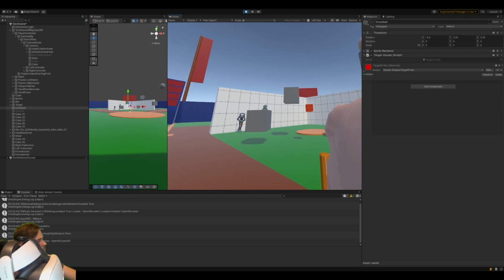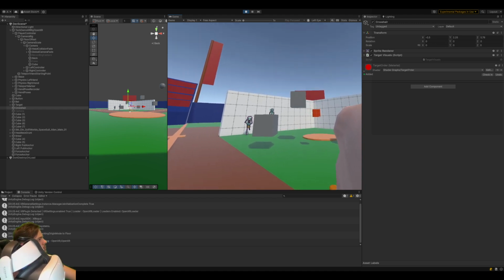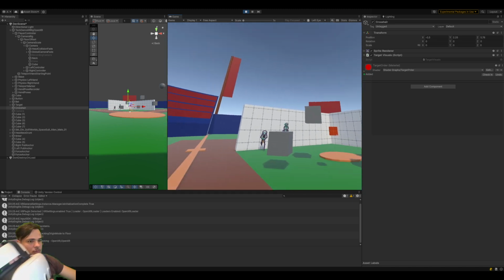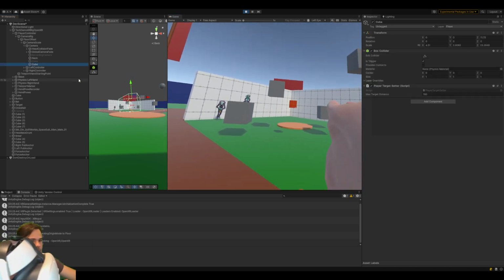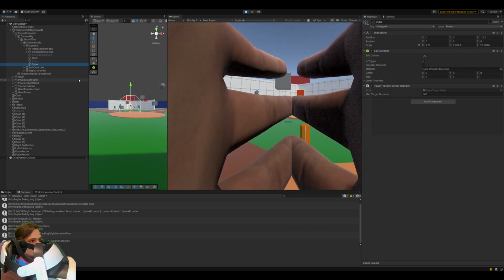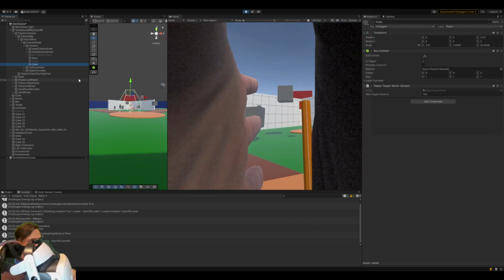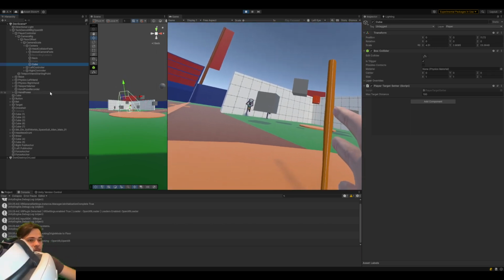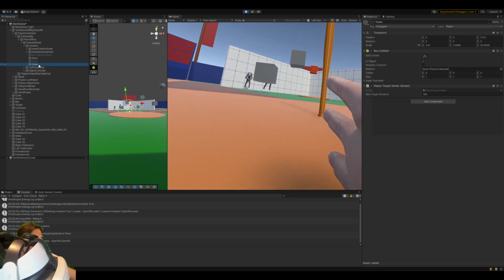Maybe, maybe not. Nope. It is just... That's how it would feel being in my little pocket. But yeah, we have colliders